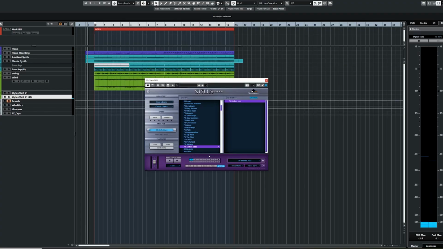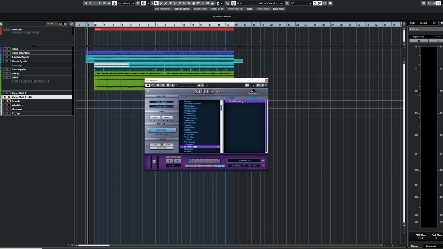The final thing that I want to add to this is just some percussion. And I think I'm going to add a sort of noise swell to introduce the main section. So I decided to use Stylus RMX again. Same percussion library that's used in many Danganronpa tracks. 79 shifted jazz is what is actually used in Beautiful Dead.